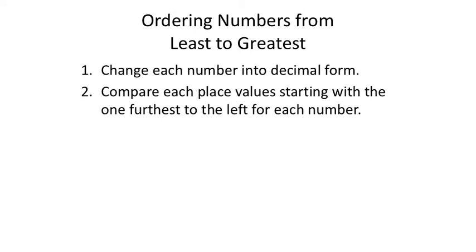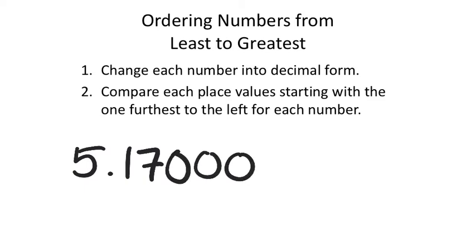So ordering numbers from least to greatest, generally speaking, we compare these in their decimal form, even if it repeats or terminates. For the decimals that we're going to see on the next example, they're going to terminate, which is fine. But remember, if you see a terminating decimal, let's look at something like 5.17. You could, if you wanted to, add zeros to the end of that, because, like I told you guys when we were looking at repeating and terminating decimals,